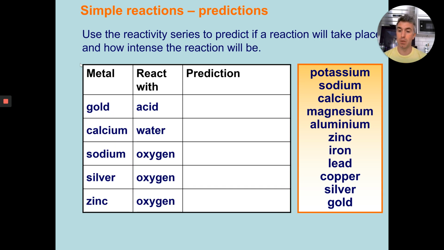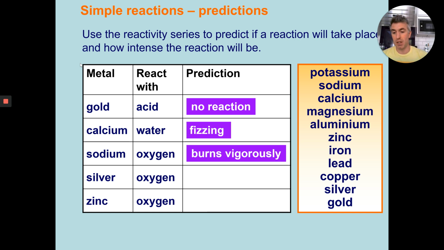So, for example, if we put gold with acid, there's no reaction. Calcium and water is fizzing. Sodium and oxygen burns vigorously. Silver and oxygen, slow reaction. Okay, so